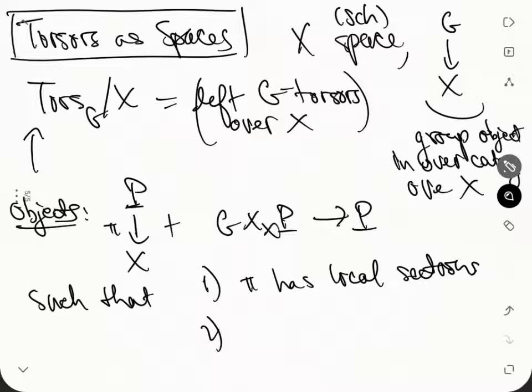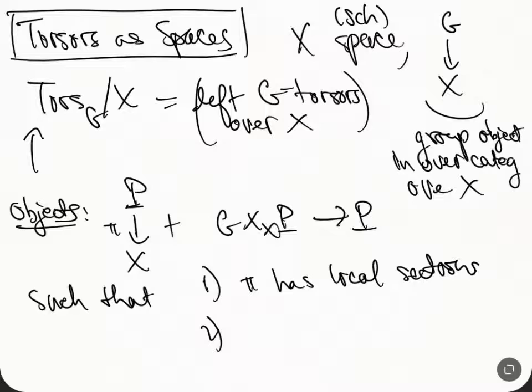I mean, again, that condition that there's a cover of X, and for each guy in the cover, there's a section, and a section again is a map that goes from here to here, such that the composition is the identity. So it's just on an open set. It goes to P. Once you go down, it's just going to get back to the identity on the open set,